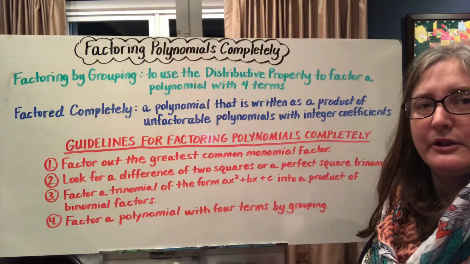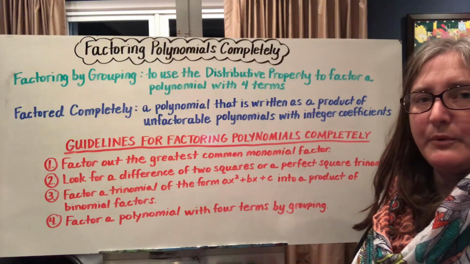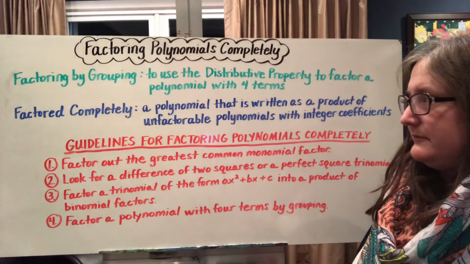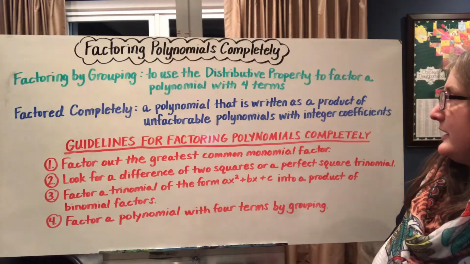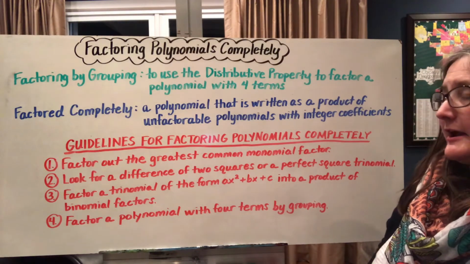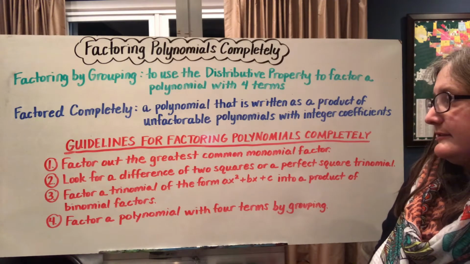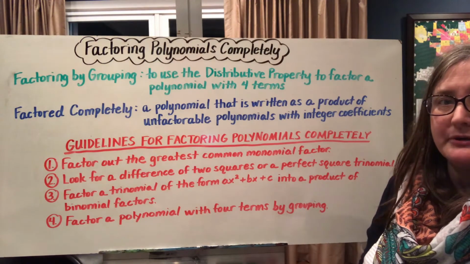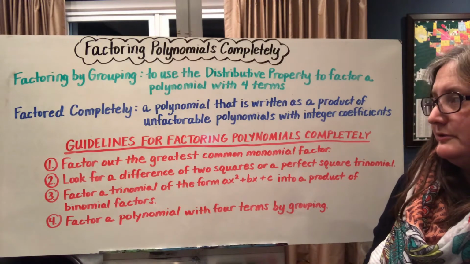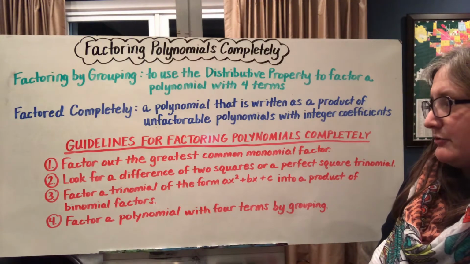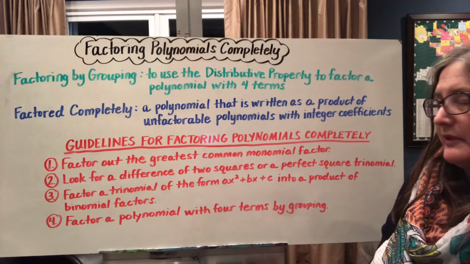This is factoring polynomials completely. When we say factored completely, this is a polynomial written as a product of unfactorable polynomials with integer coefficients. The guidelines for factoring polynomials completely include making sure you factor out the greatest common monomial factor,